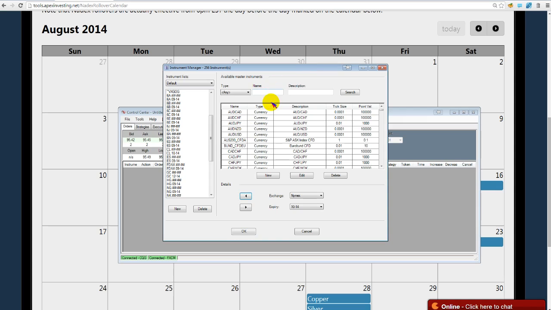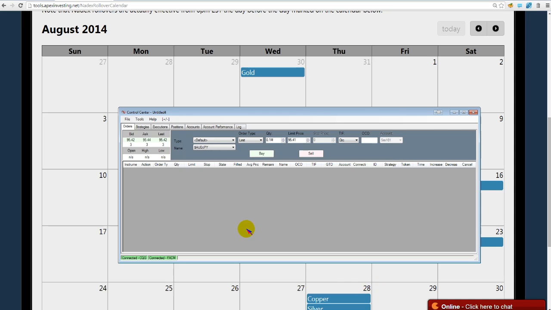Notice I didn't have to search up here at all to get that. All I gotta do is find it. If I already have it in my default list, it makes it super easy. I'll put 914 back on there because we're still on 914. But you do want to make sure you roll that over. And if you're trading on Nadex, if you're trading on futures, you're also going to want to be rolling things